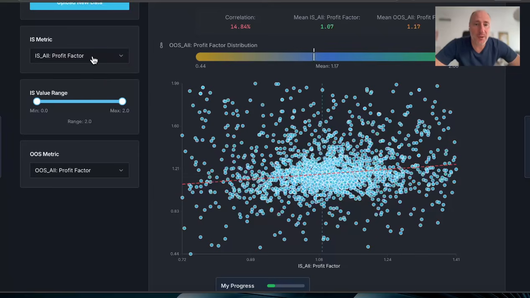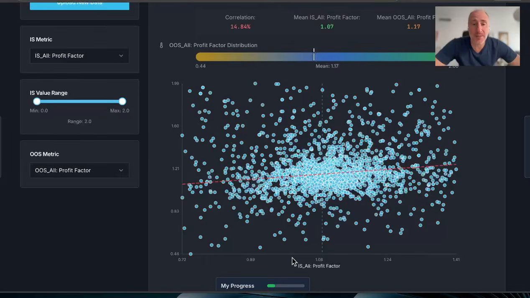So what I can do here right now, I can basically see that the usual assumption is that the higher the in-sample metric, the higher we should ideally see, or similarly high we should see out of sample, which is basically expressed by this red line. So if there is